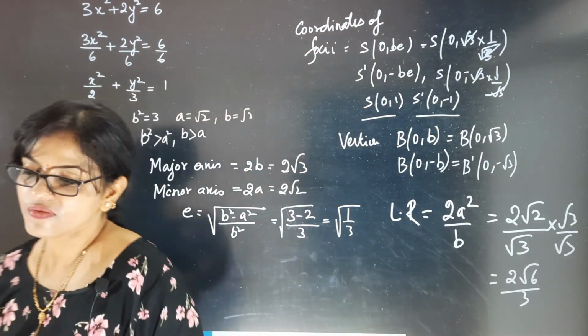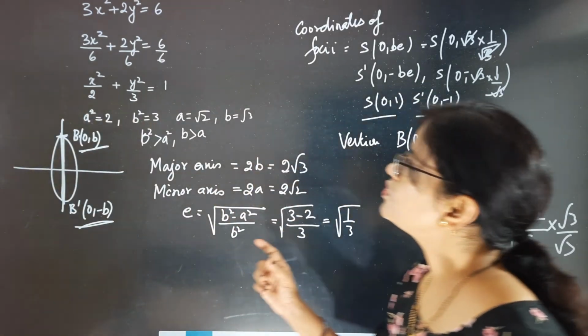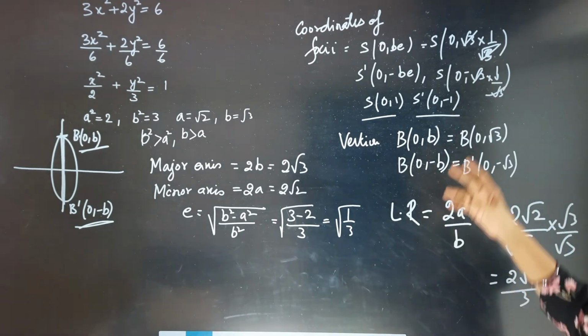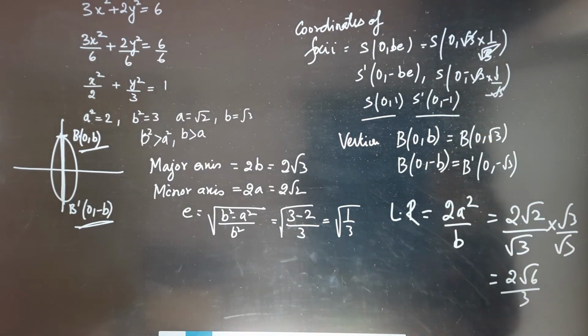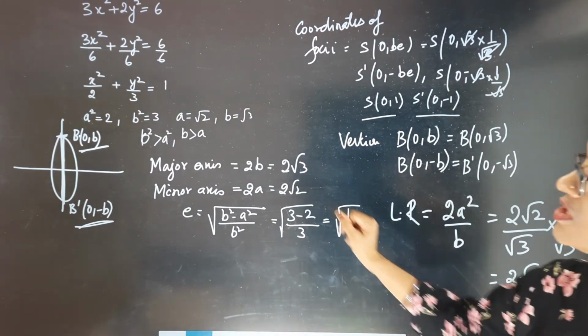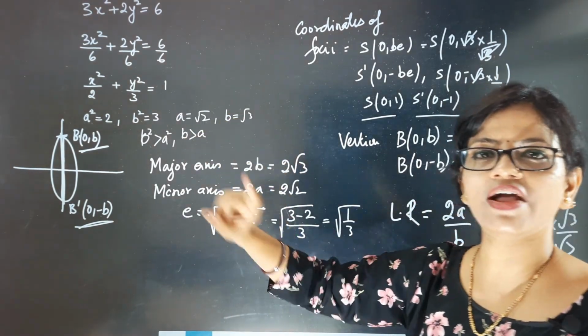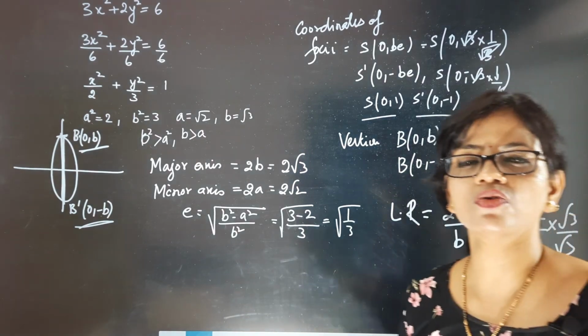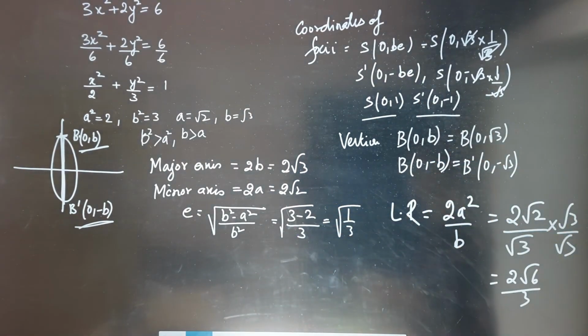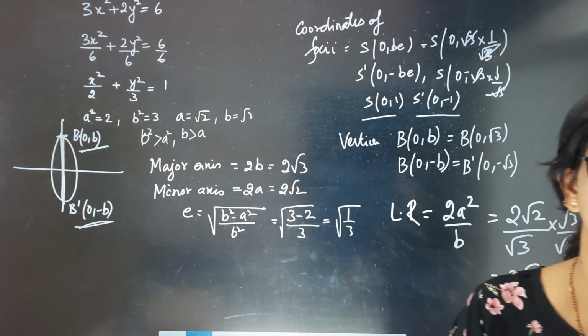So in this way, whenever a question is given, you can solve it and get the major axis, minor axis, eccentricity, then foci, then vertices, then the length of the latus rectum. Maximum, they will give you to find only this. First you have to divide and then solve it. Tomorrow we are going to do much tougher questions. Today I just solved the basic questions for you.